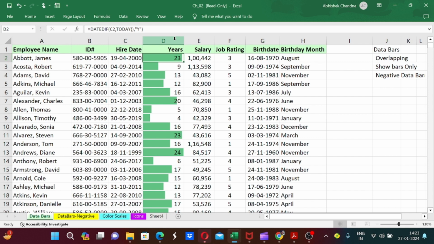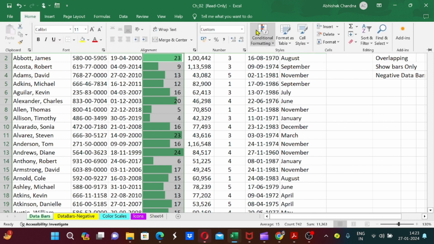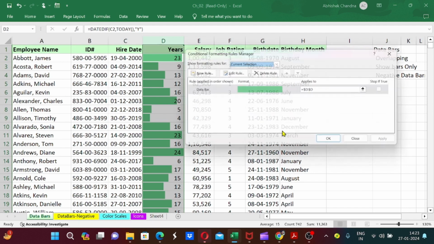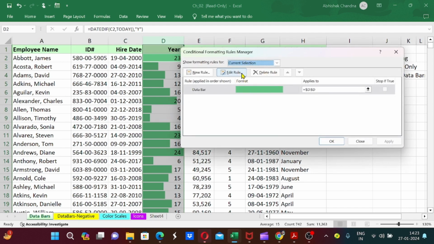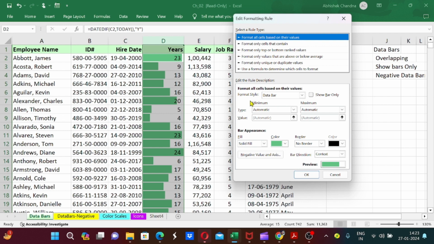So we have a simple solution here. First, we have to select this column, go to Home tab, Conditional Formatting, and Manage Rules. And come to Edit Rule, and see it gives me the option to adjust the size of the data bars. Minimum is automatic and maximum is automatic. And to reduce the size of the data bar, I will change the maximum from automatic to number, and let's type this number as 50